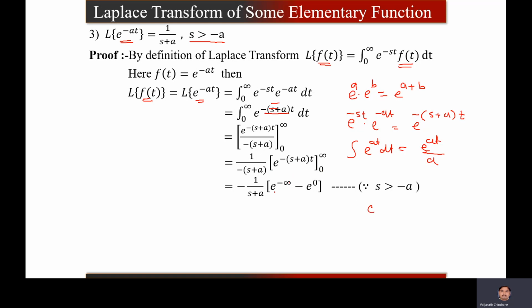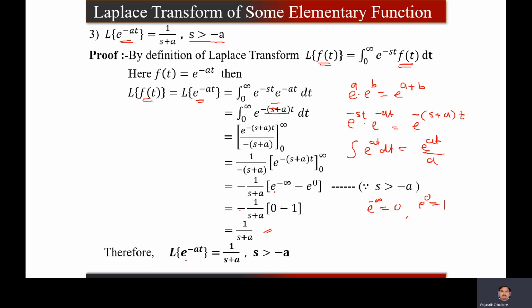And also we know that e raised to minus infinity is 0 and e raised to 0 is 1. Put these two values in this equation, so we have minus 1 upon s plus a into 0 minus 1, because e raised to minus infinity is 0 and e raised to 0 is 1. So this minus into minus becomes a plus, and we get 1 divided by s plus a. So this is the Laplace transform of e raised to minus at. Therefore, the Laplace transform of e raised to minus at is equal to 1 upon s plus a for s greater